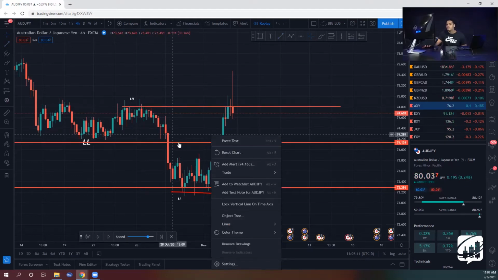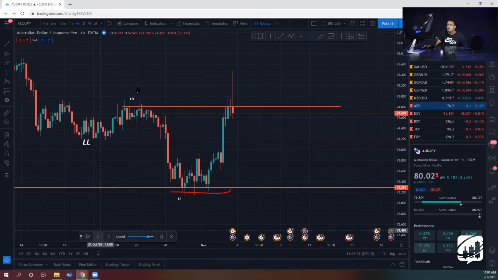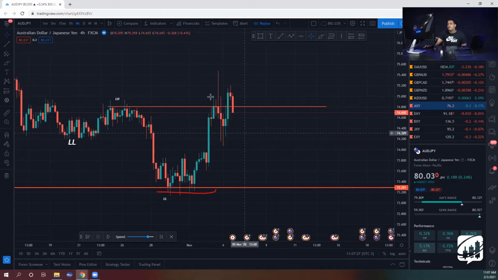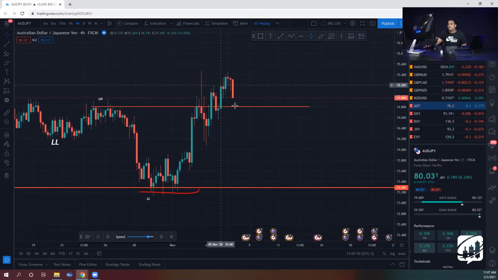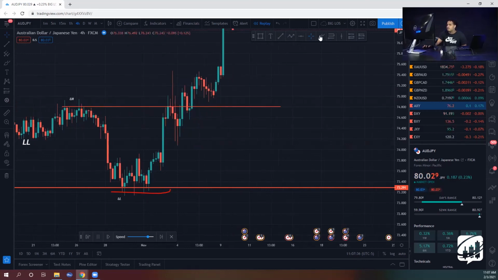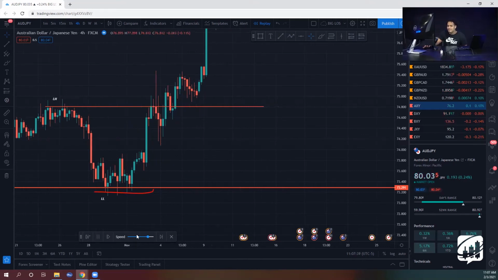Let me delete this line real quick. There we go. So we're waiting for the lower high to be broken and retested so we can solidify this newly found uptrend. So we get the break. We get the break. And now let's look for the retest. My fault, we already missed it. Hold on. Let me go back.